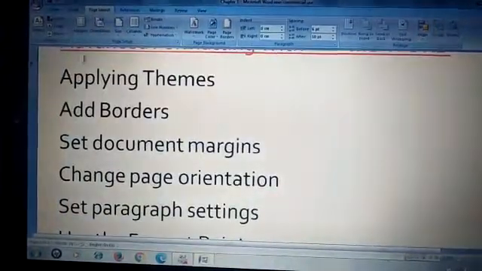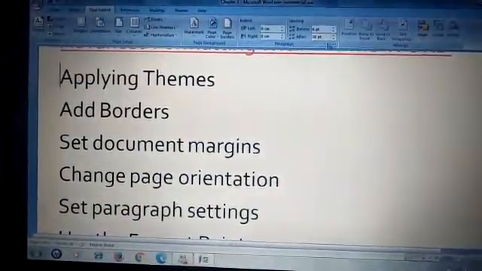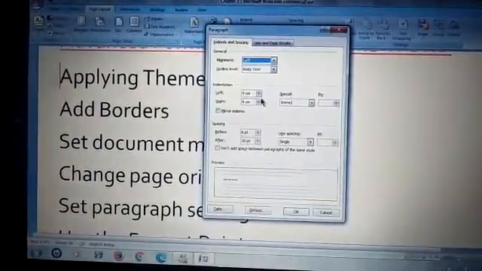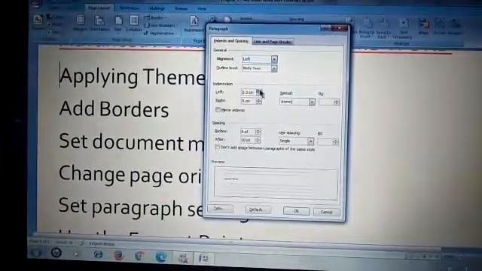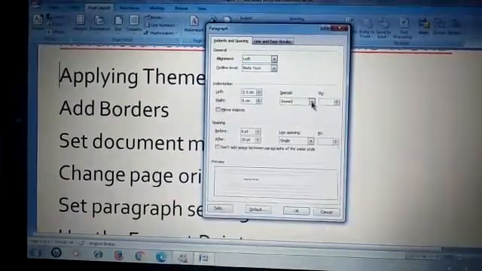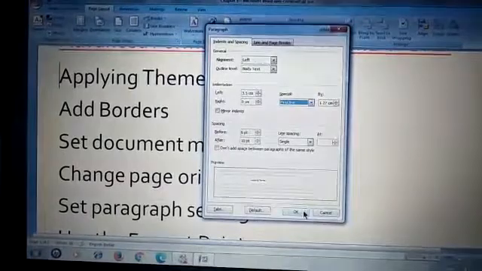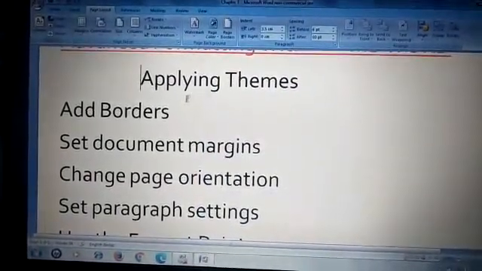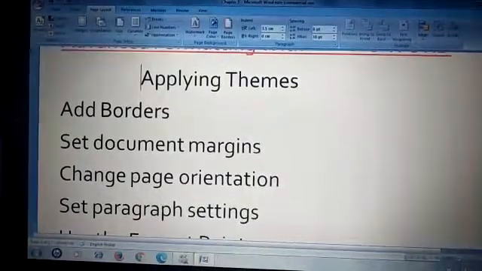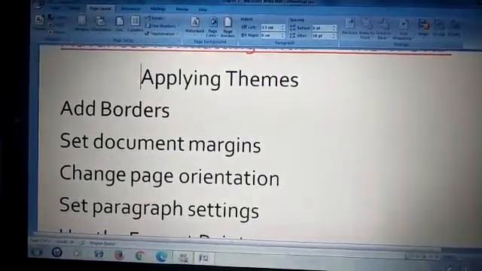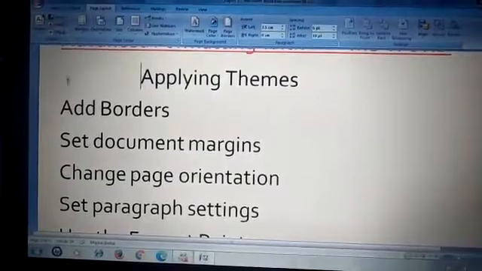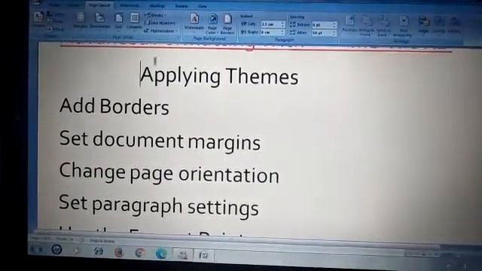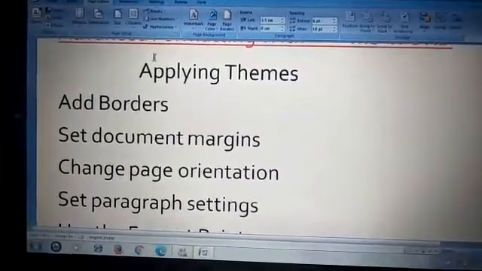I'll not select anything. I'll click out here, then I'll go to the option and make the change which I want to make. 3.5 I have selected, and then first line, and then click OK. You can see it has been applied only to the first line. This is known as indenting of the first line. आपको याद होगा कि पैराग्राफ का फर्स्ट लाइन जो होते हैं हमेशा थोड़ी आगे से स्टार्ट होती है, इसलिए हम इस ऑप्शन को भी यहाँ पे रखते हैं.